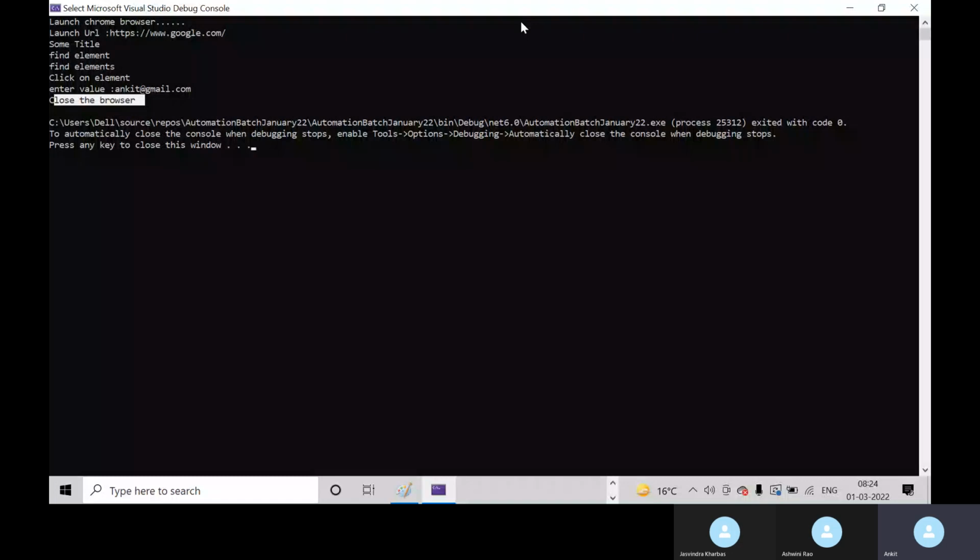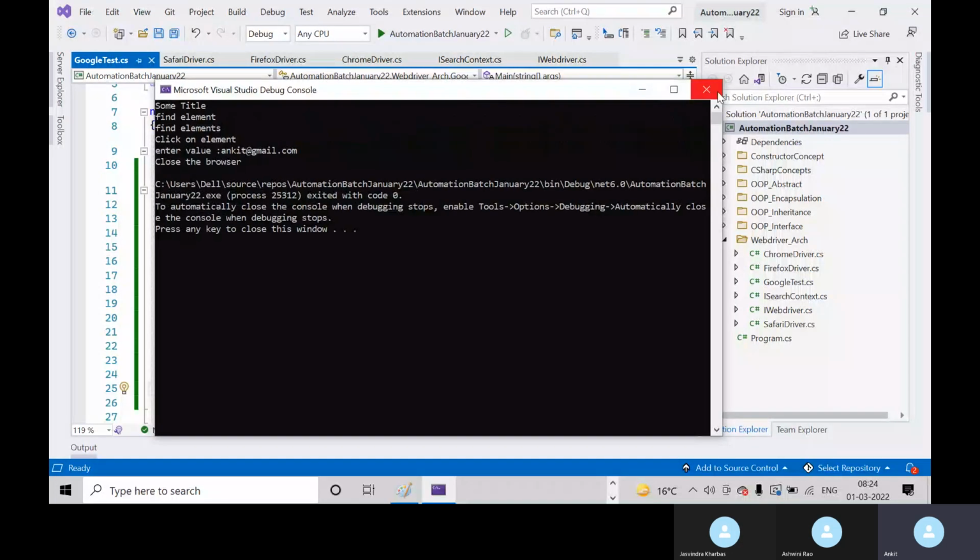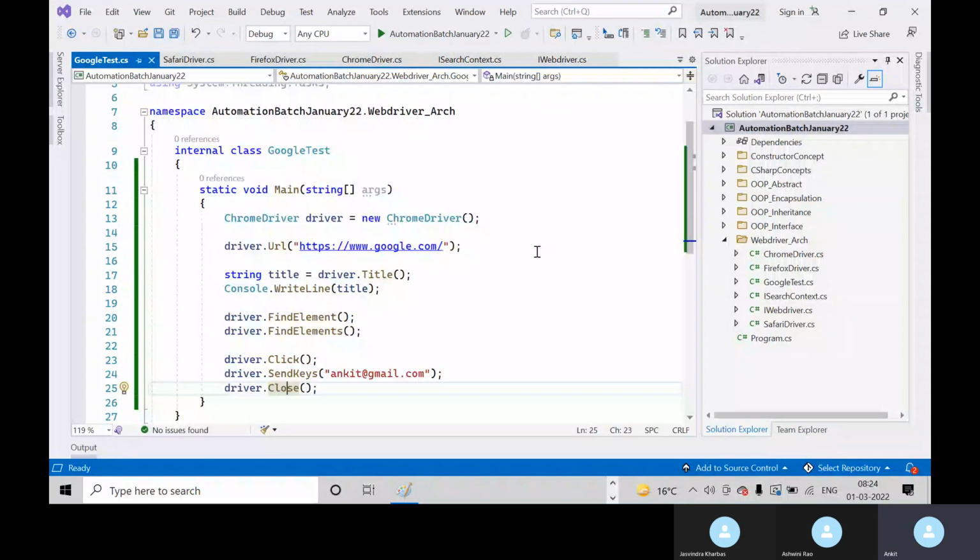Okay. Now, if you want to launch the Firefox browser, what would be your approach? You just need to change a single line this time. If you change the single line, then the rest of the code would be the same. Only the object needs to be changed. The rest of the things would be the same. So this is my object. I created the ChromeDriver class object to launch the Chrome browser. If I want to launch the Firefox browser,